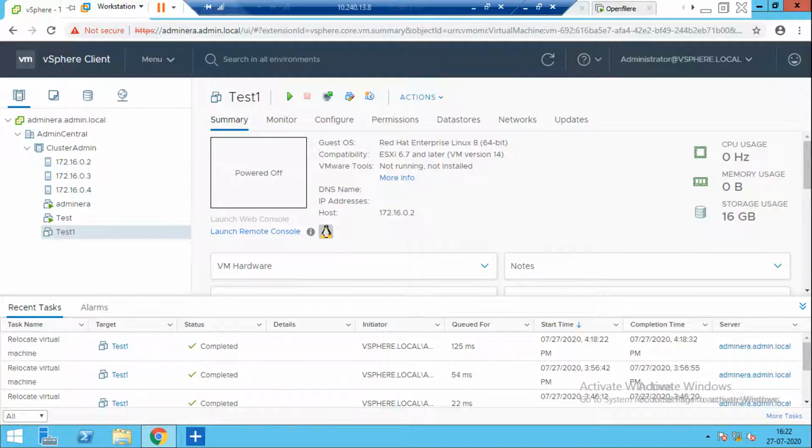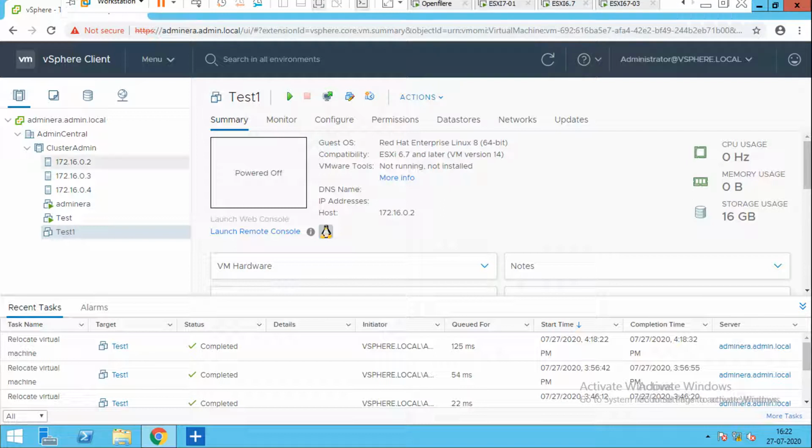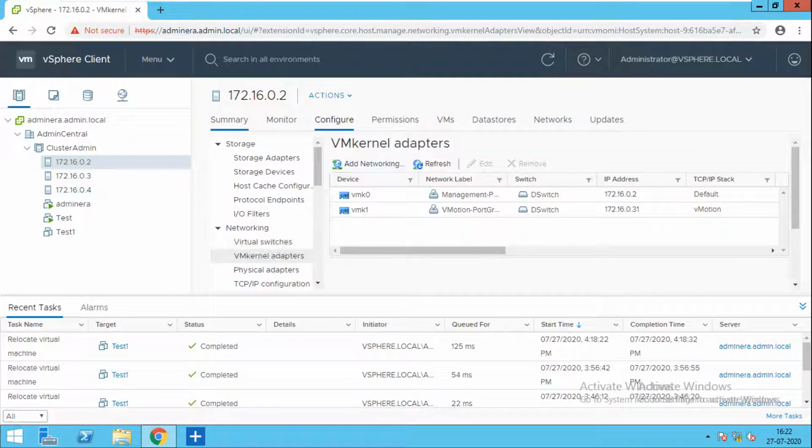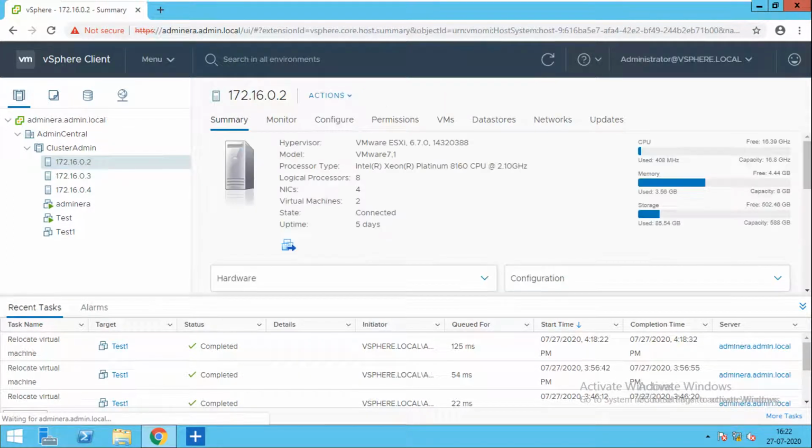I'll go to one of my ESXi hosts. I'll take ESXi 0.2 and reset its password. I didn't actually forget my password, but I want to show you how you can reset it.